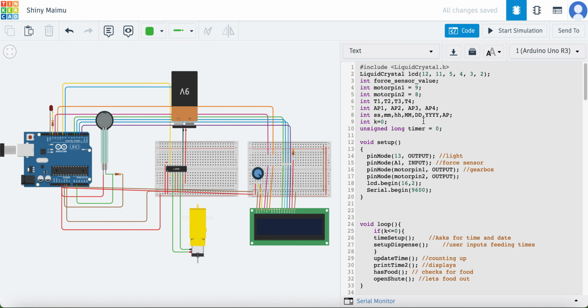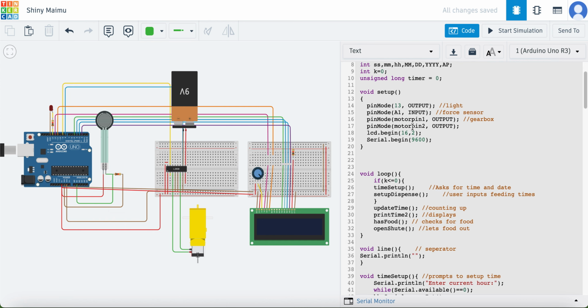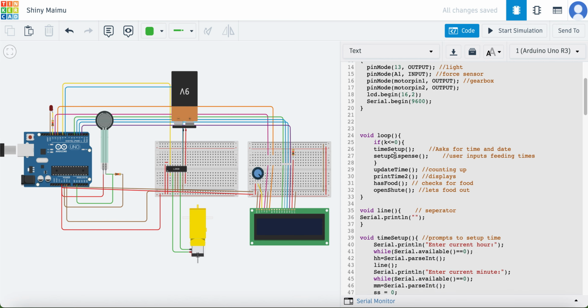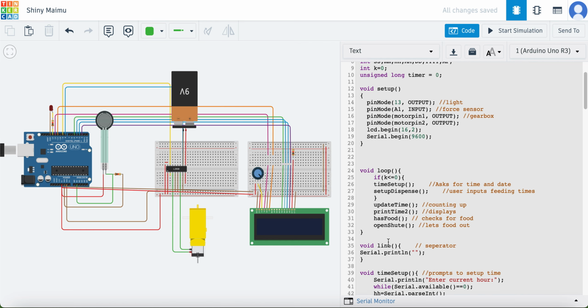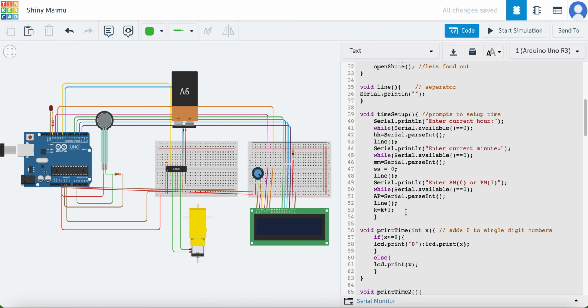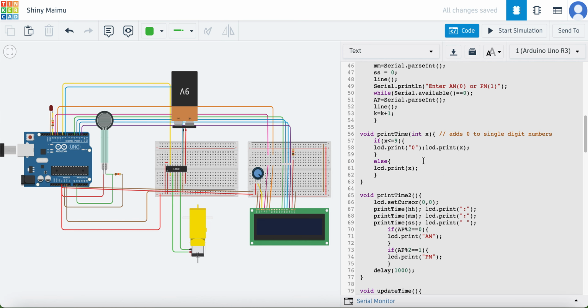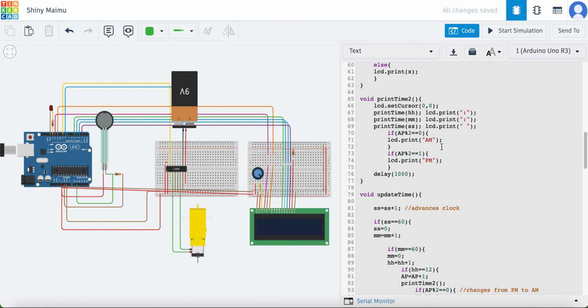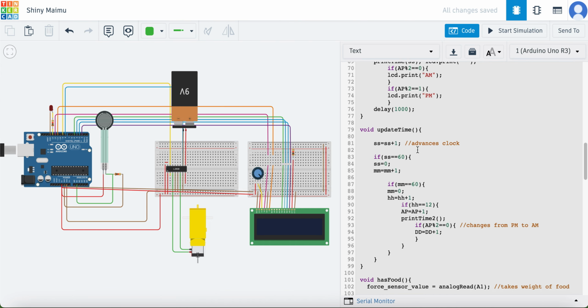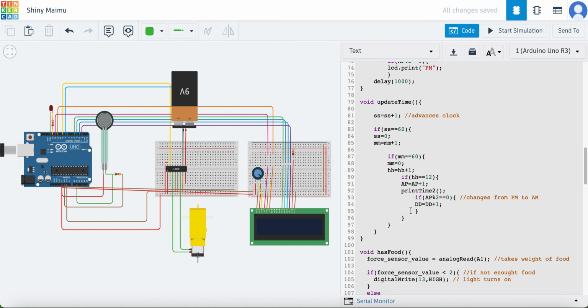I have all of my variables set up, the setup for all of my inputs and outputs, the loop that will be running everything, and then all of the smaller pieces of code that I call to in my larger loop. So I have the time setup, the printing of the time, as well as changing this is the actual printing of the time. I have updating the time, so making the clock tick,